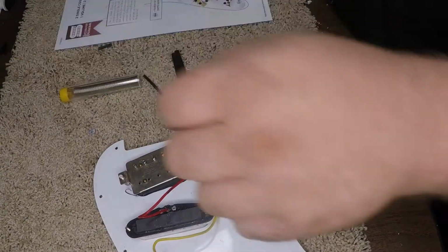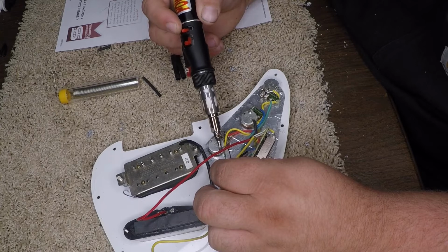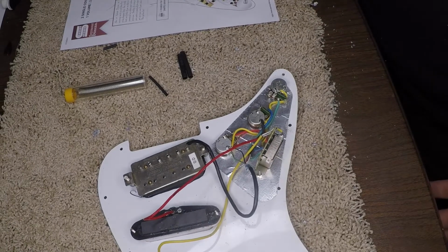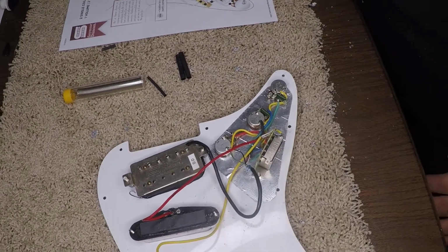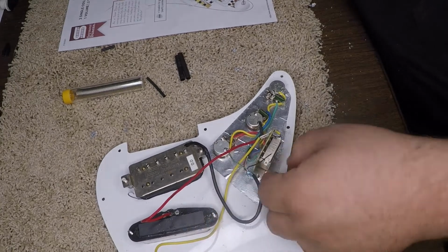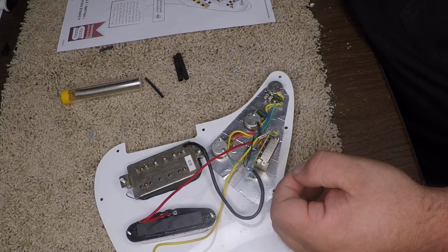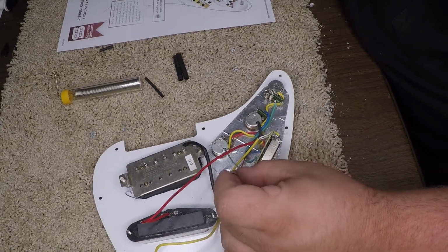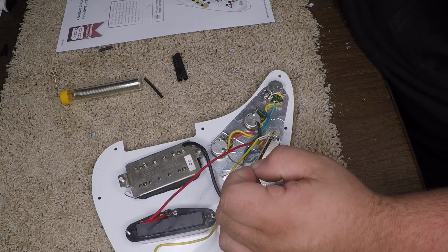Okay. Now I'm gonna put it on here. And you just need a little bit. You don't need the big gob of it or anything. Just enough so it stays on there, makes a good connection. And then we're gonna take the black wire and put it over to the ground on the